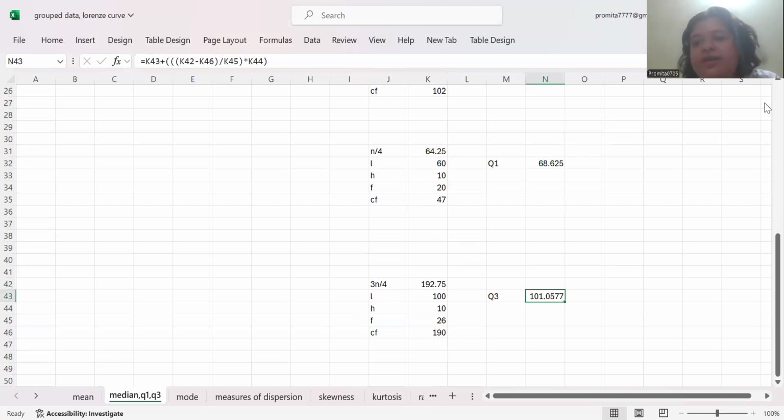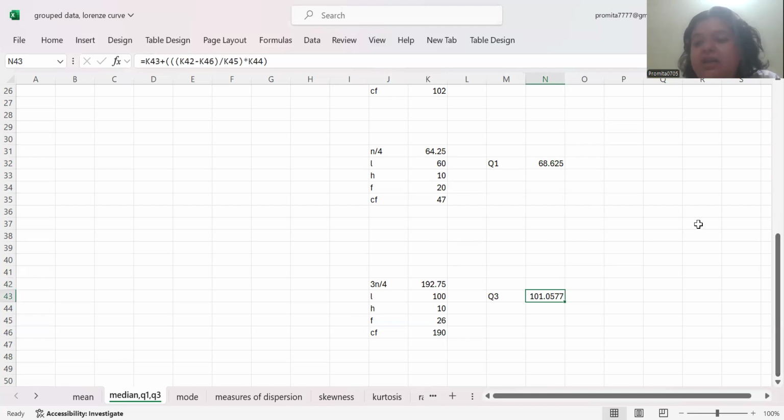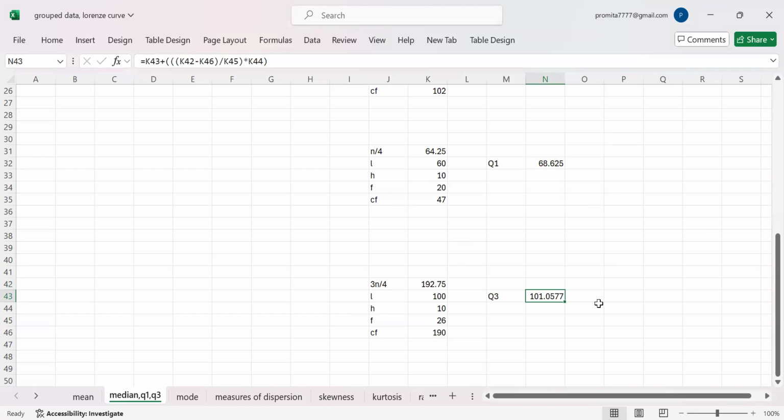So this is how we can calculate the median, the first quartile, and the third quartile. We can also calculate the coefficient of quartile deviation using this formula. All these calculated values of